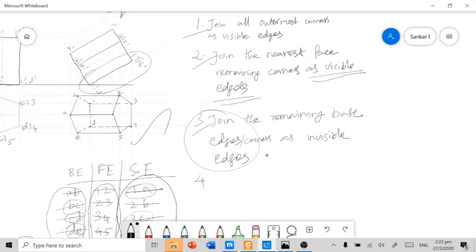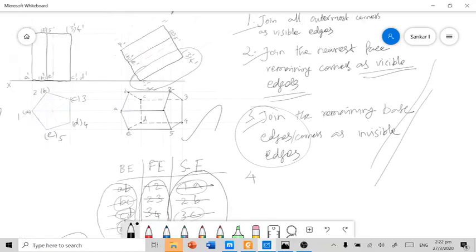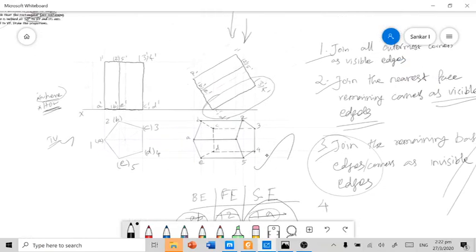You have to find the visibility or invisibility of a particular edge simply by imagining, without following the procedure, in your later days. For now you can follow these 3 steps. This will help you to some extent.